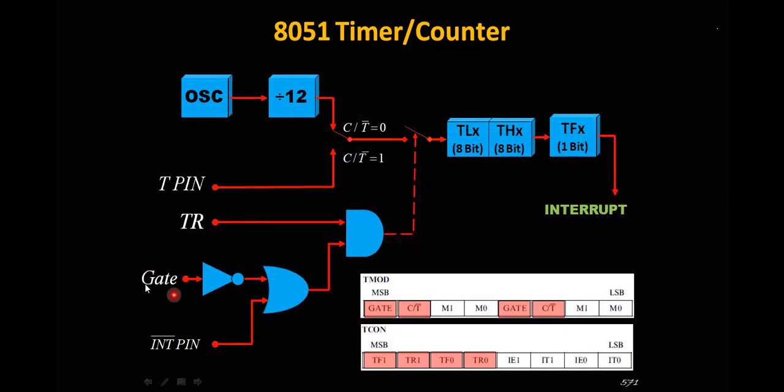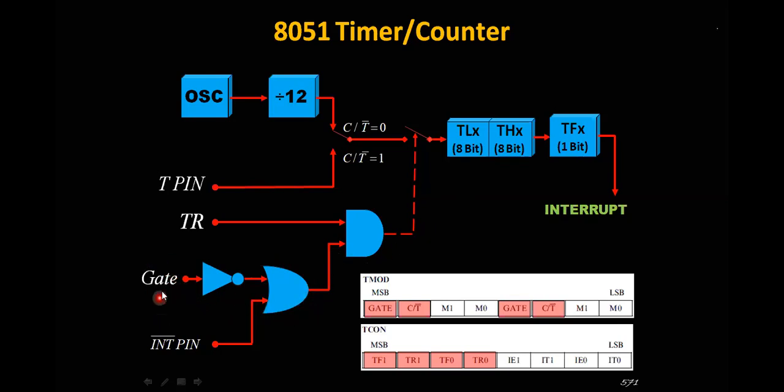So here gate bit is there. So gate bit will decide the operation. That means whether to control the timer by using hardware or software means. Suppose here if you see gate bit is 0, the output of the inverter is how much? 1. So that means the output of the OR gate is 1 if any of the input is 1. So that means it is nowhere depending on this bit. So when gate bit is 0, this gate signal is controlling the output of a timer. So that's why we can control by using software.